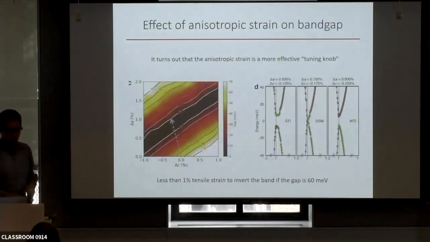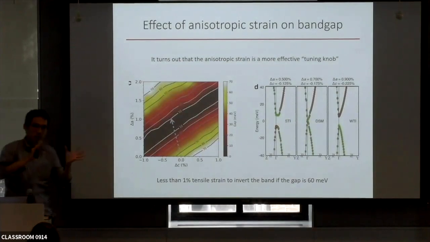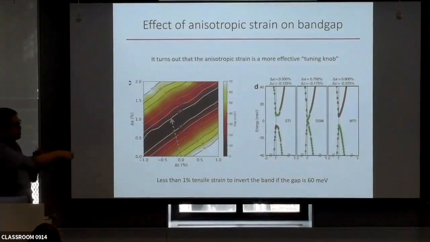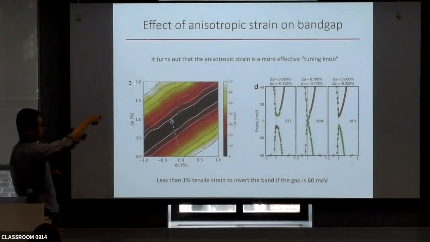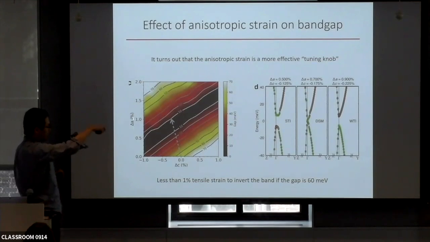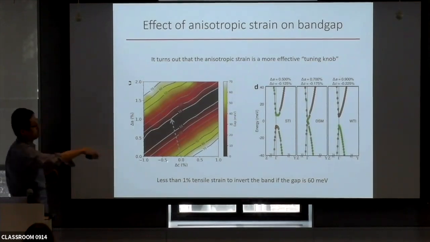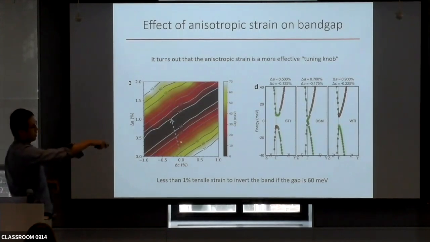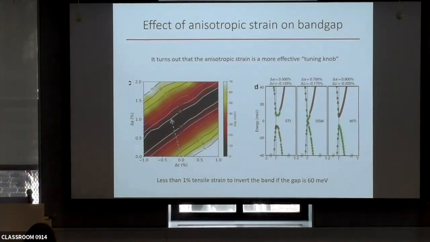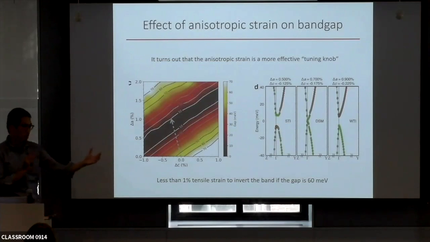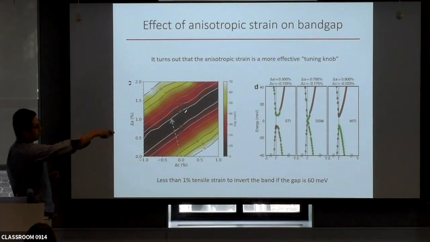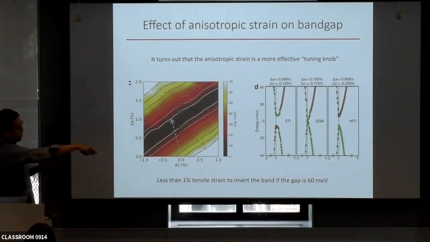So that means you have to calculate the band structure not as a function of uniform expansion or contraction, but trace out a 2-dimensional plot as a function of strain along the a lattice constant direction and the c lattice constant direction, both in-plane, and then find out what your trajectory is doing on this map of band gap versus strain along a and c. And what you can see is that the band gap has a very anisotropic response to the change of lattice constant. The black corresponds to 0 gap, and the white corresponds to the maximum gap.